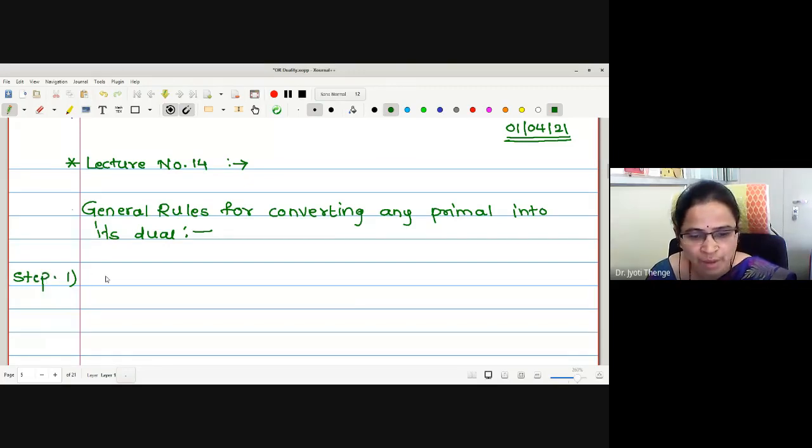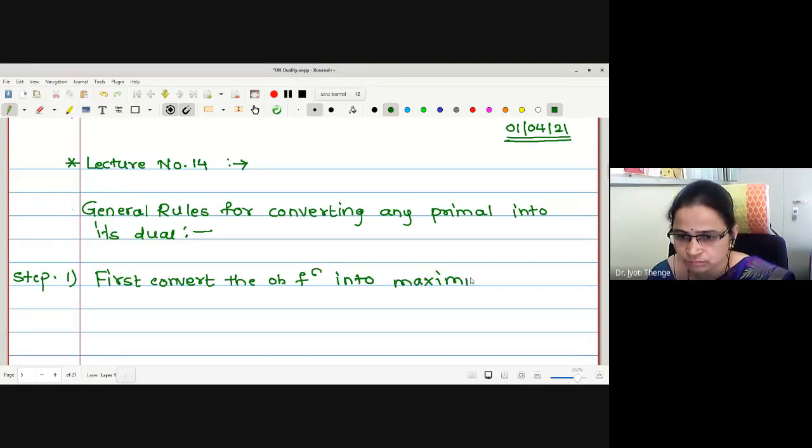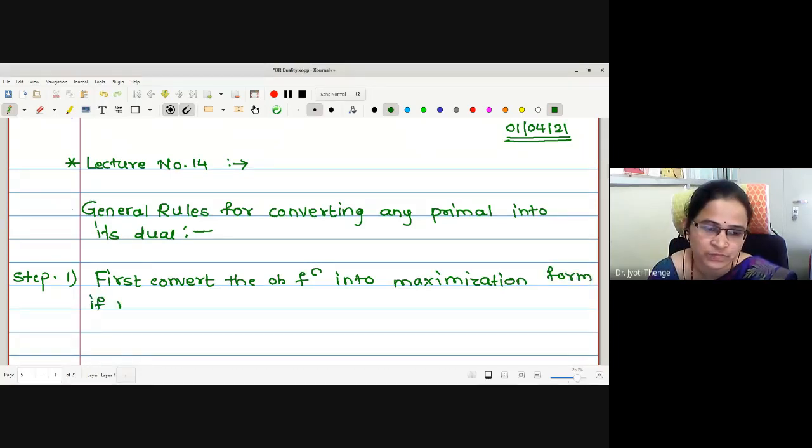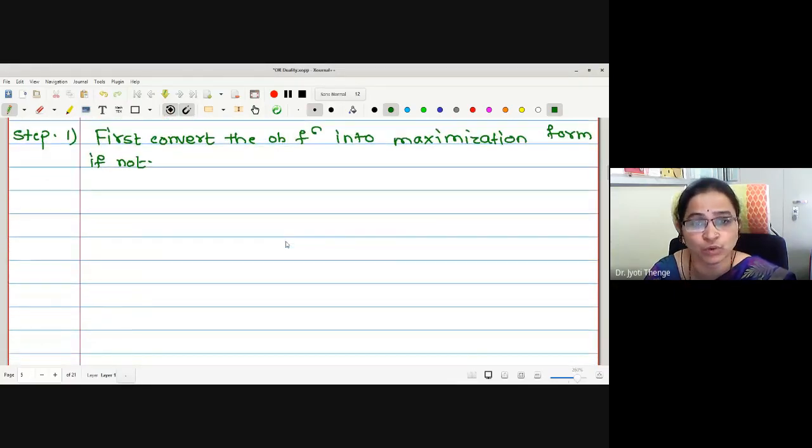The objective function is in the maximization. Therefore, here we will write: first convert the objective function into maximization form. If it is already in the maximization form, no need to convert. Therefore, we have to convert only if it is not in the maximization form. Okay. Now, step number 2 is